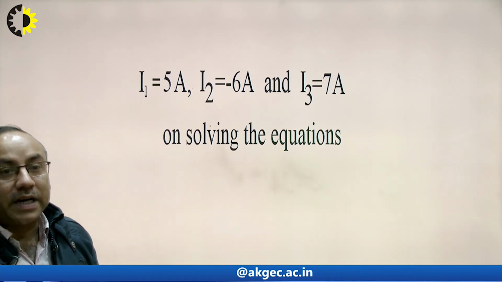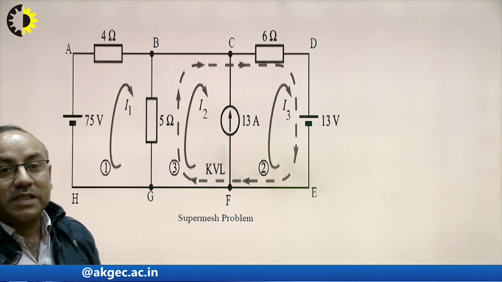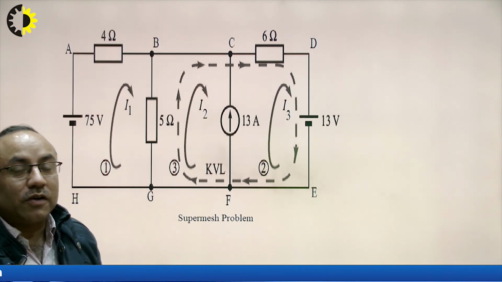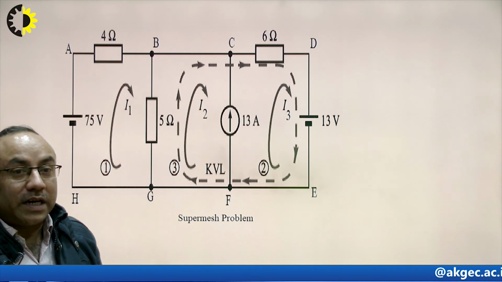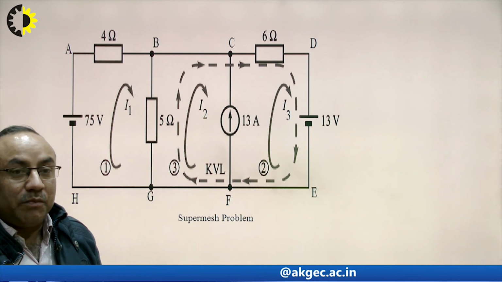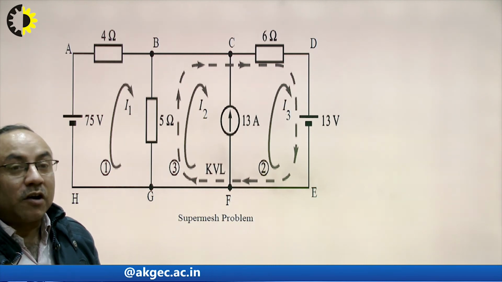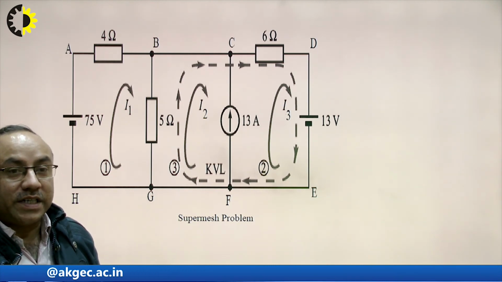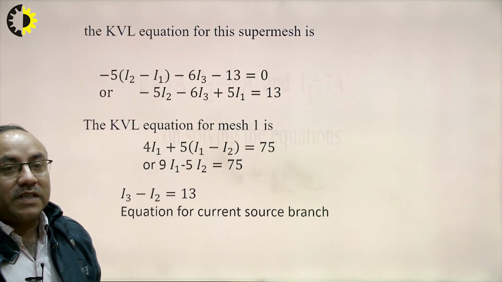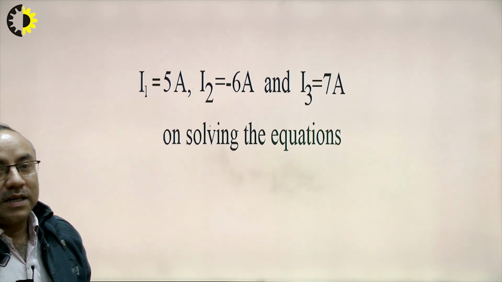That means, in the circuit we have seen, we took the orientation for I1, I2 and I3, and all these three currents were assumed in clockwise orientation. But now, when we solve the equations and get the values of I1, I2 and I3, I2 comes with a negative sign. It indicates that the orientation of I2 will be opposite to it. That means I2 will actually be in counterclockwise or anticlockwise orientation, due to the negative sign obtained with I2. That way, we completely analyzed the given circuit, which was the problem of super mesh. Thank you.